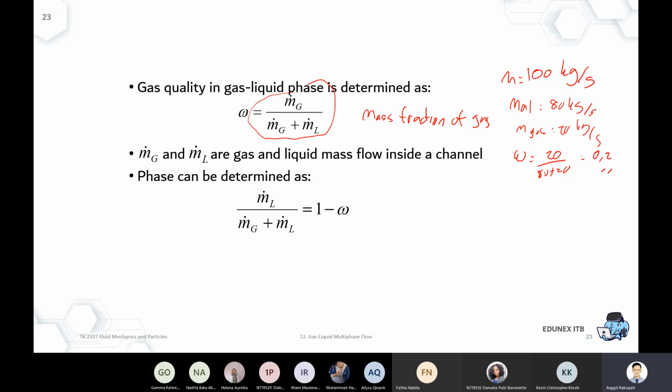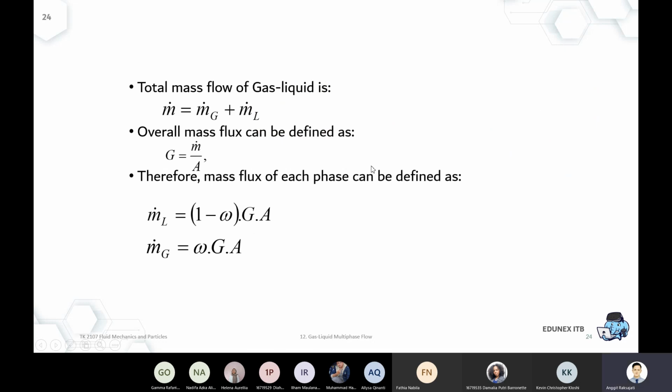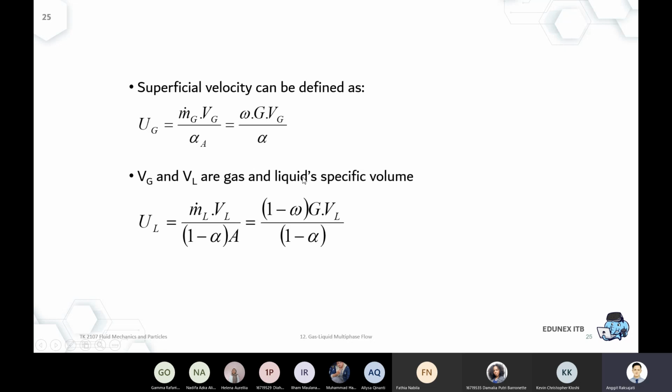Okay, why is it important? Now you start to realize whether it's gas dominant or liquid dominant. For this case, it's actually oil dominant. And then we can start to plot it into the chart, the regimes map, and start to have some judgment whether it's a bubbly regime, or starting to get into a stratified regime, or starting to get into the slug regime. Okay, so I guess that's quite straightforward. At least you're familiarized with this kind of parameters.